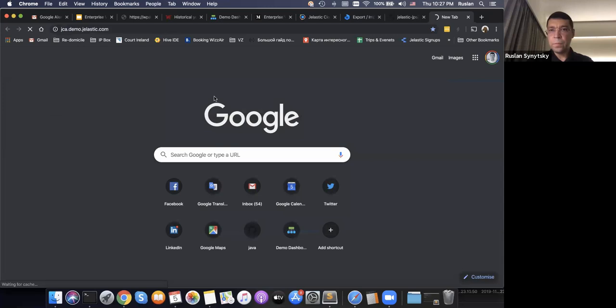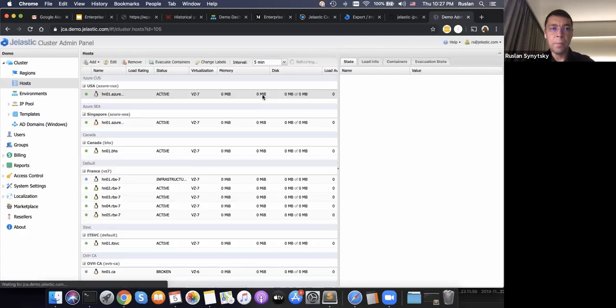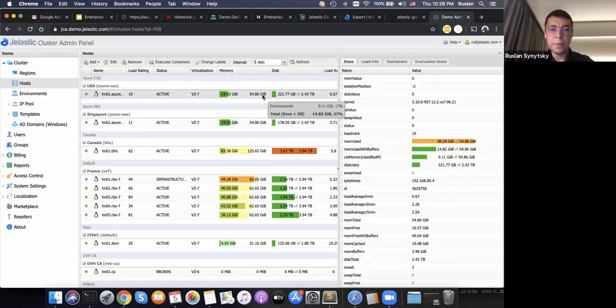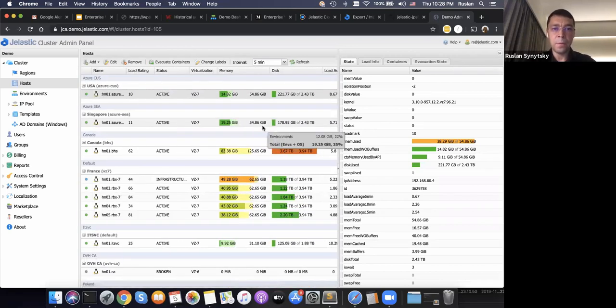Okay, I will show you the cluster admin panel. Jelastic abstracts deployment to the cluster for end customers, so you just add infrastructure nodes to the cluster. Let's say this is our demo cluster. It's not production; we just use it for our own needs and for demonstrating abilities to our partners.